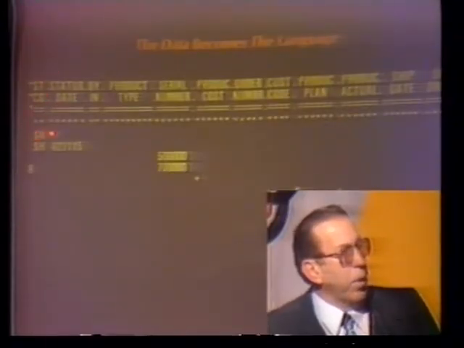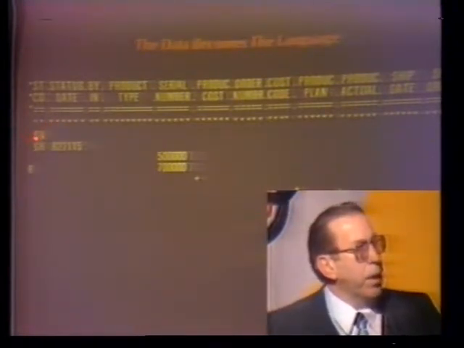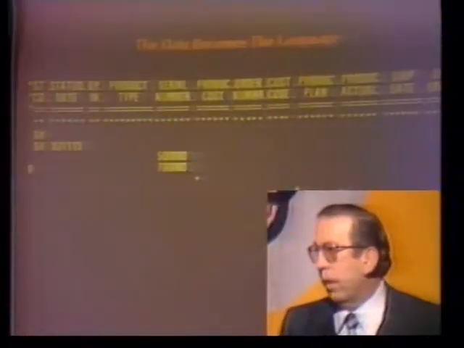But the mask appears on the screen, and then the user, to implement the search, actually inserts their own data under this mask. For instance, the user may have decided that I've got a status code field here, and I'm going to code all items that are shipped as SH in my database. That's the decision the user makes. So now when they want to pick up all the shipped items on a search process, they simply key in SH and transmit. And back comes a result from their reports with all the items that have an SH status code in that field. This is a simple single identifier search for shipped items, for instance.